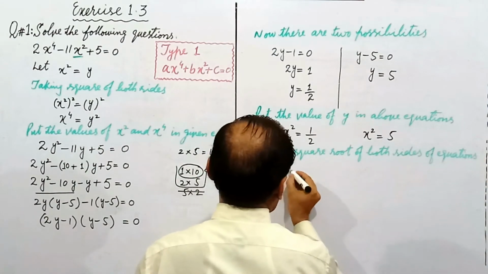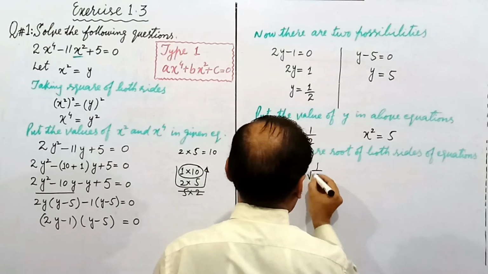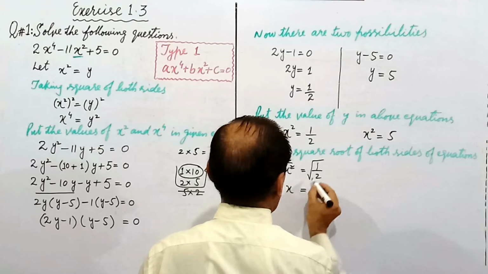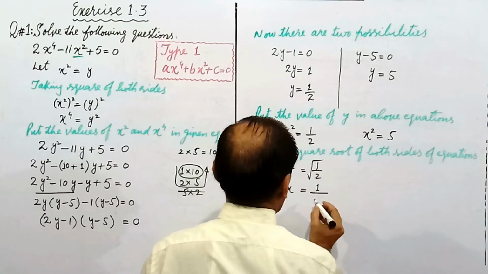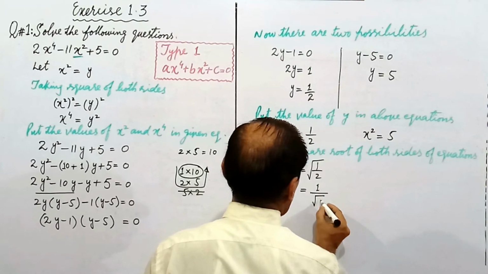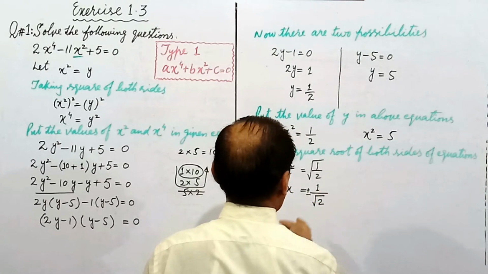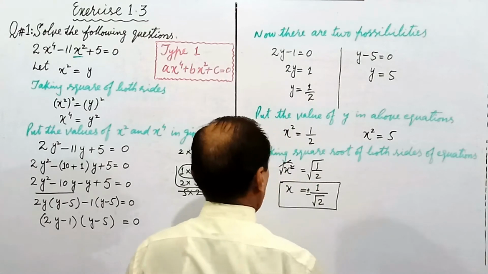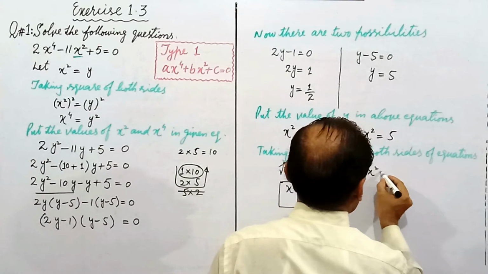We have x square under root equal to 1 over 2 under root. Square is cancelled by square root. We have x on the left hand side, and the square root of 1 is 1, and the square root of 2, as it is an even prime, cannot be solved further, so it remains under root 2. And we write plus minus for the possibilities, as when we take square root it always has 2 possibilities. So x square is equal to 5.